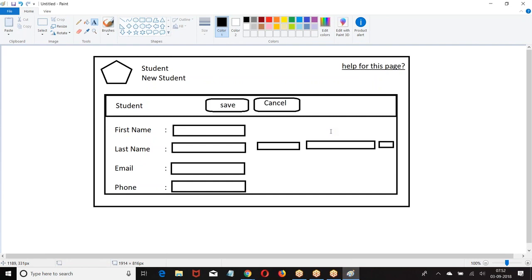Satish, if we want to add another link beside help, can we do it in the section header? Section header will take only one. You need to design a custom one. No standard component will support this. You're supposed to design your own custom logic in a VF page itself.